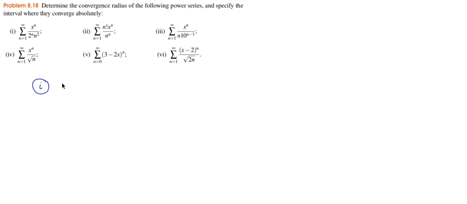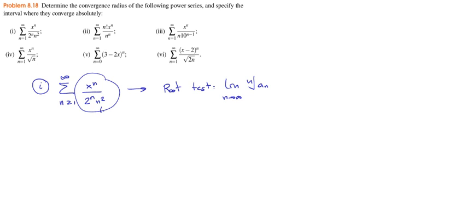So the sum from n equals 1 to infinity of x to the n over 2 to the n squared. If we want this to be convergent, what we can try is the root test. The root test, if you remember for series, says that the limit when n goes to infinity of the nth root of a sub n, and this is the a sub n right here, has to be smaller than 1. So in this case, the limit when n goes to infinity of the nth root of this,